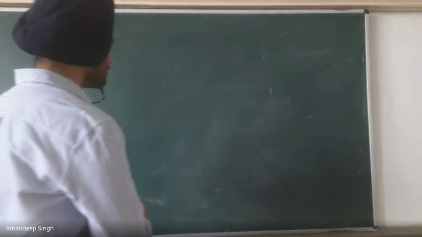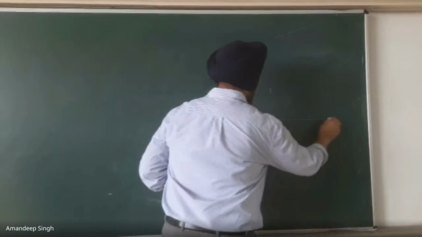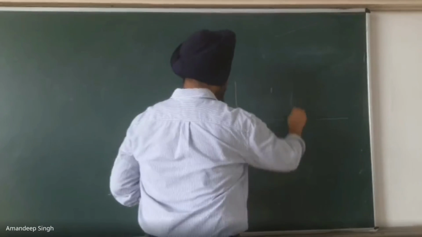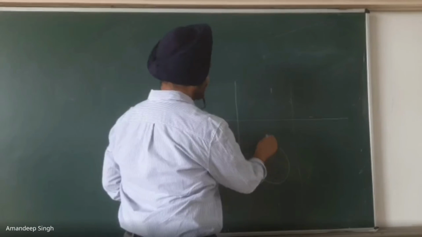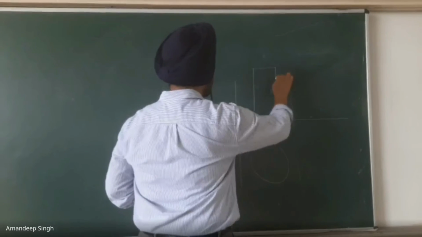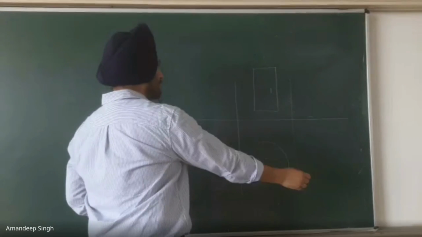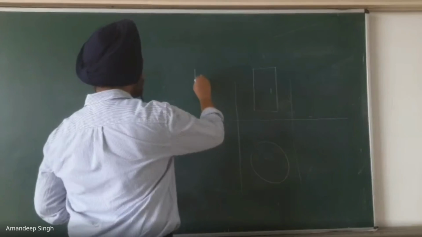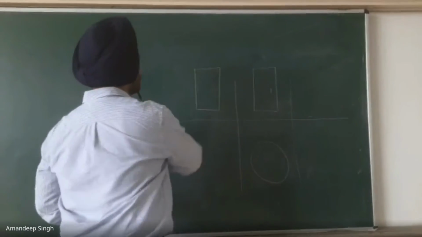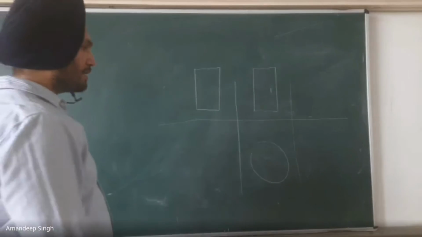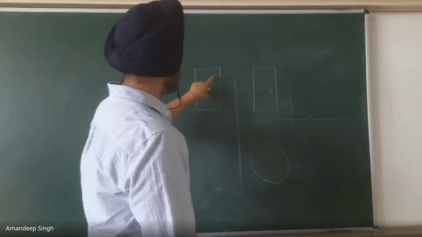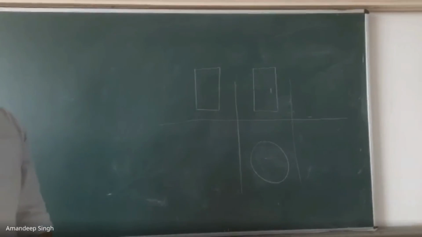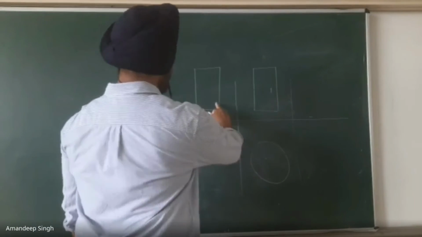My first assumption for the cylinder was that the base of the cylinder rests on HP and its axis is parallel to VP. In that case the top view will come like this, the front view will appear as a rectangle, and the right side view will be formed like this. This is the assumption when the base is on HP, the vertical axis of the cylinder is parallel to VP. These are the orthographic projections: front view, top view, and side view.